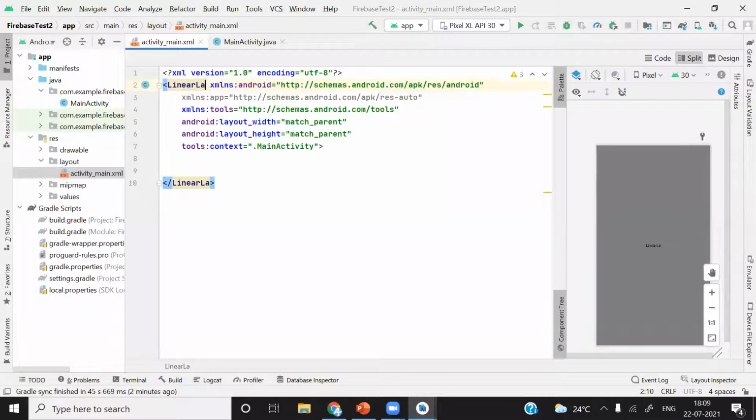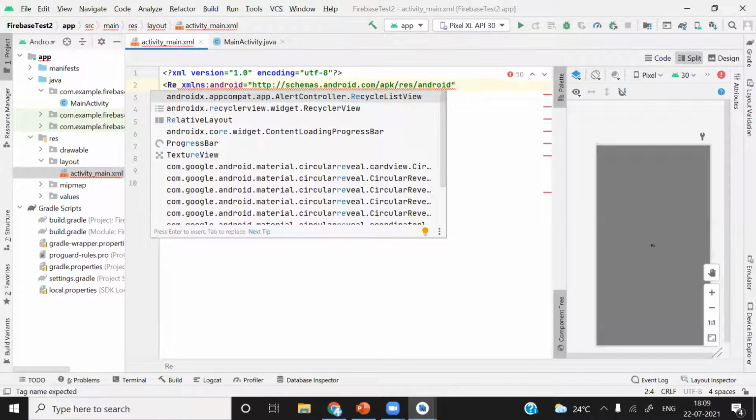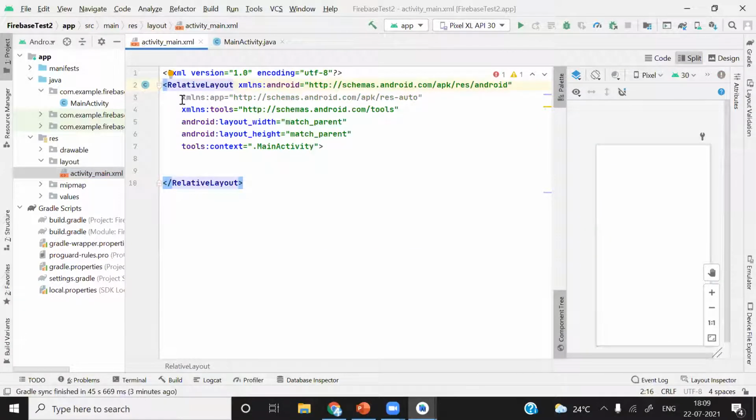In these 2 layouts, different properties with the components will be available. So relative layout will have some properties which will not be in linear layout, which we are going to need. Okay, so we are going to need both layouts. That is the reason. Both have certain sets of properties which are essential to create a beautiful user interface. So I will first select relative layout, and then we will talk a little bit about the relative layout.